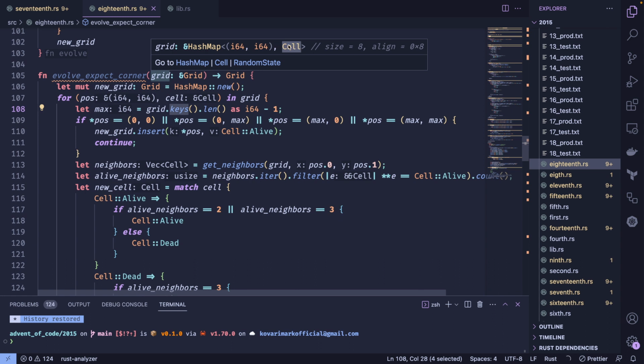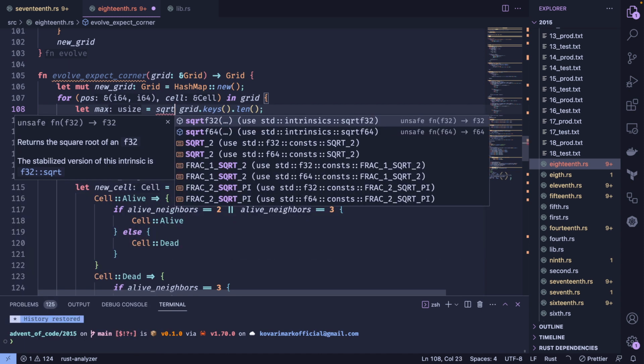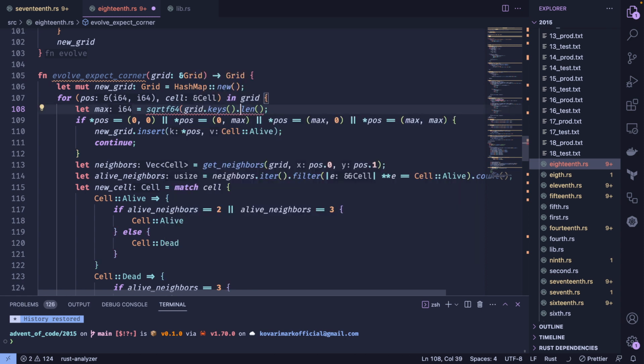So we should not calculate this thing, but the square of that thing, because it's, I don't know, 2 times 2, 4 times 4, etc., etc. So we need the square function, whatever, of this thing